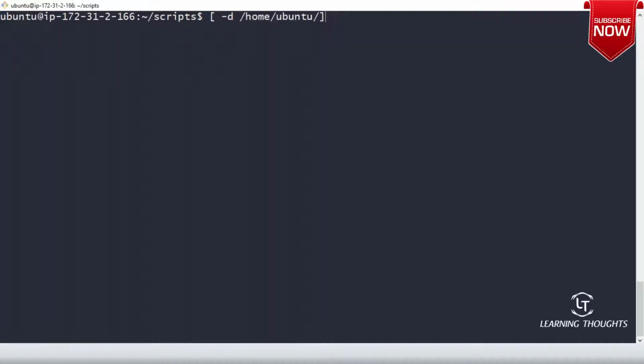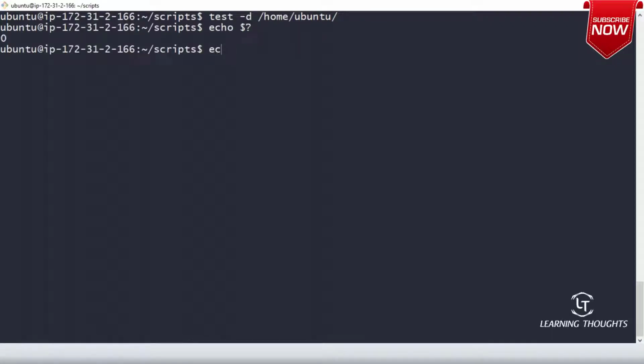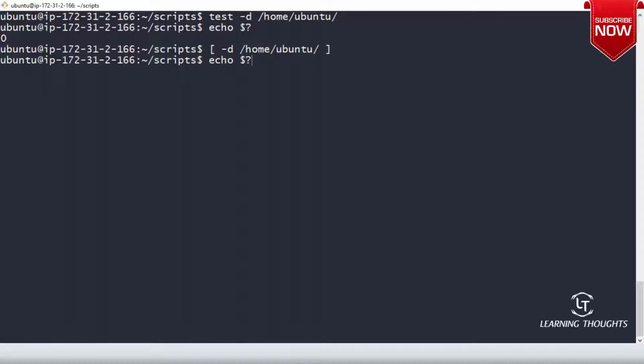I want a screenshot of it, so I'll redo this whole thing. Now I will try to execute square bracket -d /home/ubuntu. Give a space and close the square bracket. And now you use echo $?. Are you getting the same result, sir?